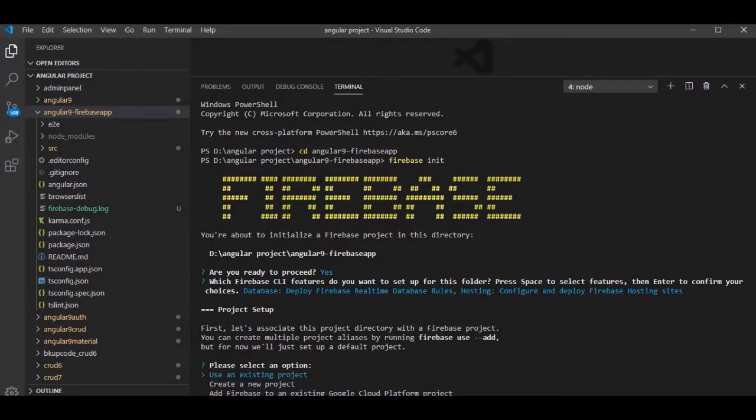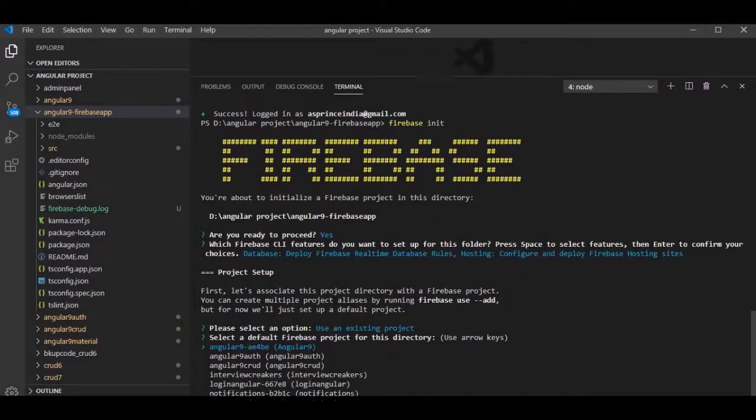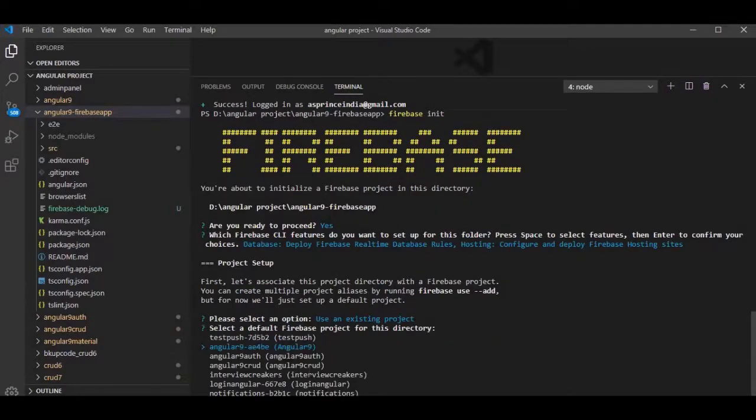So we can define the project, Angular 9 CRUD, from the Firebase Google console. Once we choose use an existing project, you can see here is a list of projects. We can choose Angular 9 CRUD, enter.